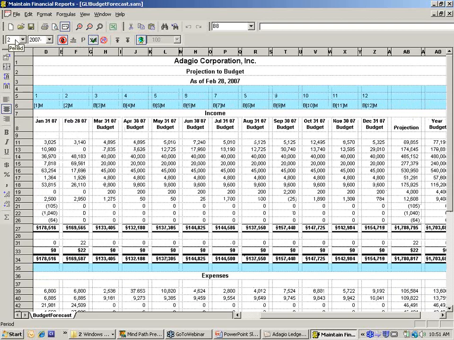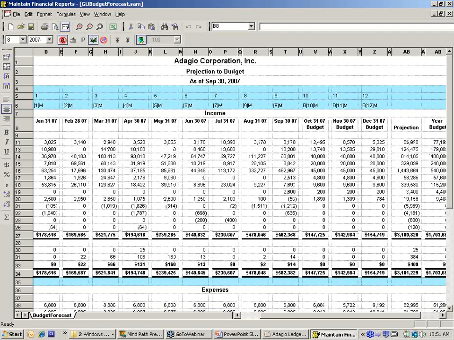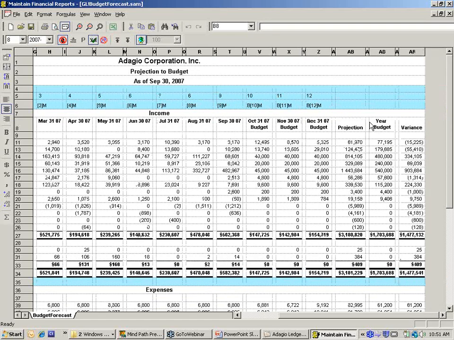So we're in period 2 here for 2007. It shows you the actual for 2 periods and the budget for each period going forward and a projection of where you're going to land. And as you go through the calendar, March, April, May, it replaces the budgets with the actual and shows you whether you're going to hit your year's budget and what the variance will be, so that you can go to